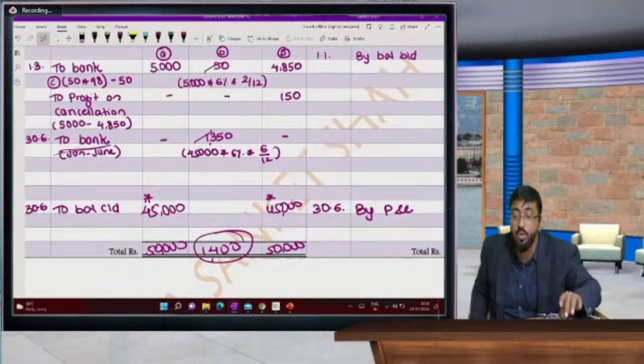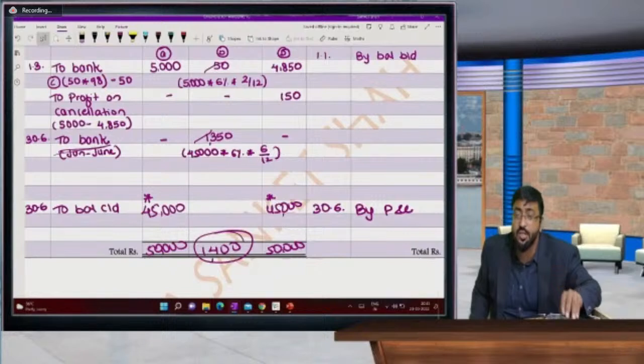And suppose if there is a date 30th June and 31st December, don't write anything in the face value column and cost column. Write it only in the interest column, that you have to pay to outsiders. That interest is payable to outside, to bank. Follow ABCD sequence, 6 months problem, very easy question.